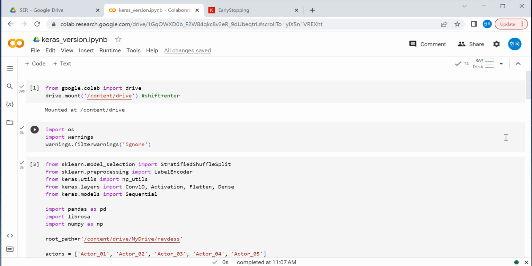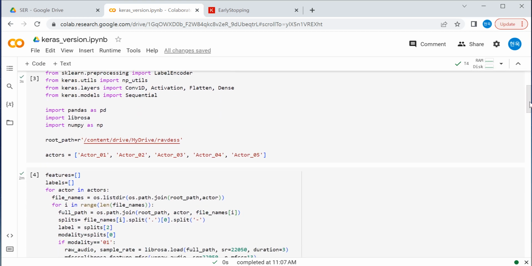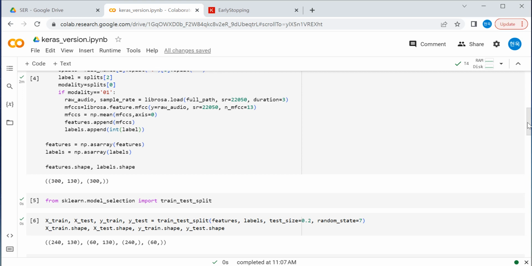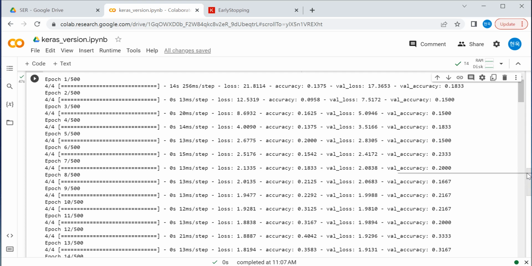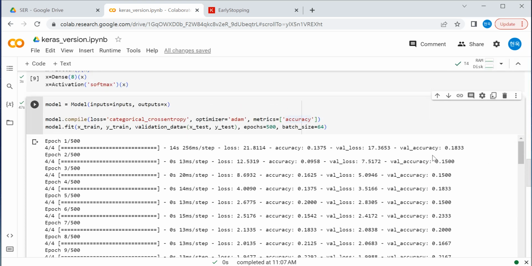Hello everyone, last time I uploaded a project called Speech Emotion Recognition, and unfortunately I couldn't show you the end result at that time. So I've already run the code from last time, and if you have also run the code, then it should give you a result like this. It has the number of epochs, and I've set the number of epochs to 500, and it has loss, and loss is the value denoting how close the